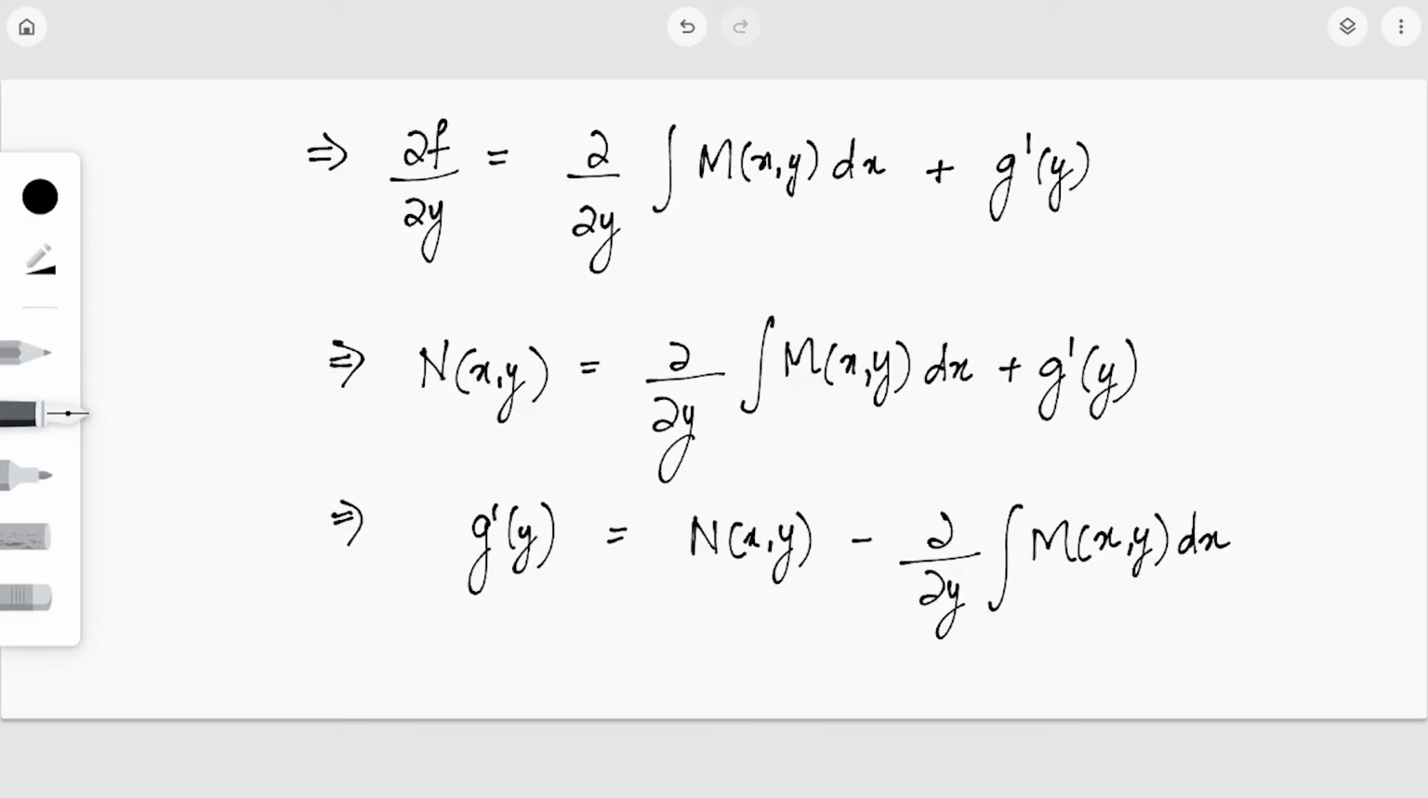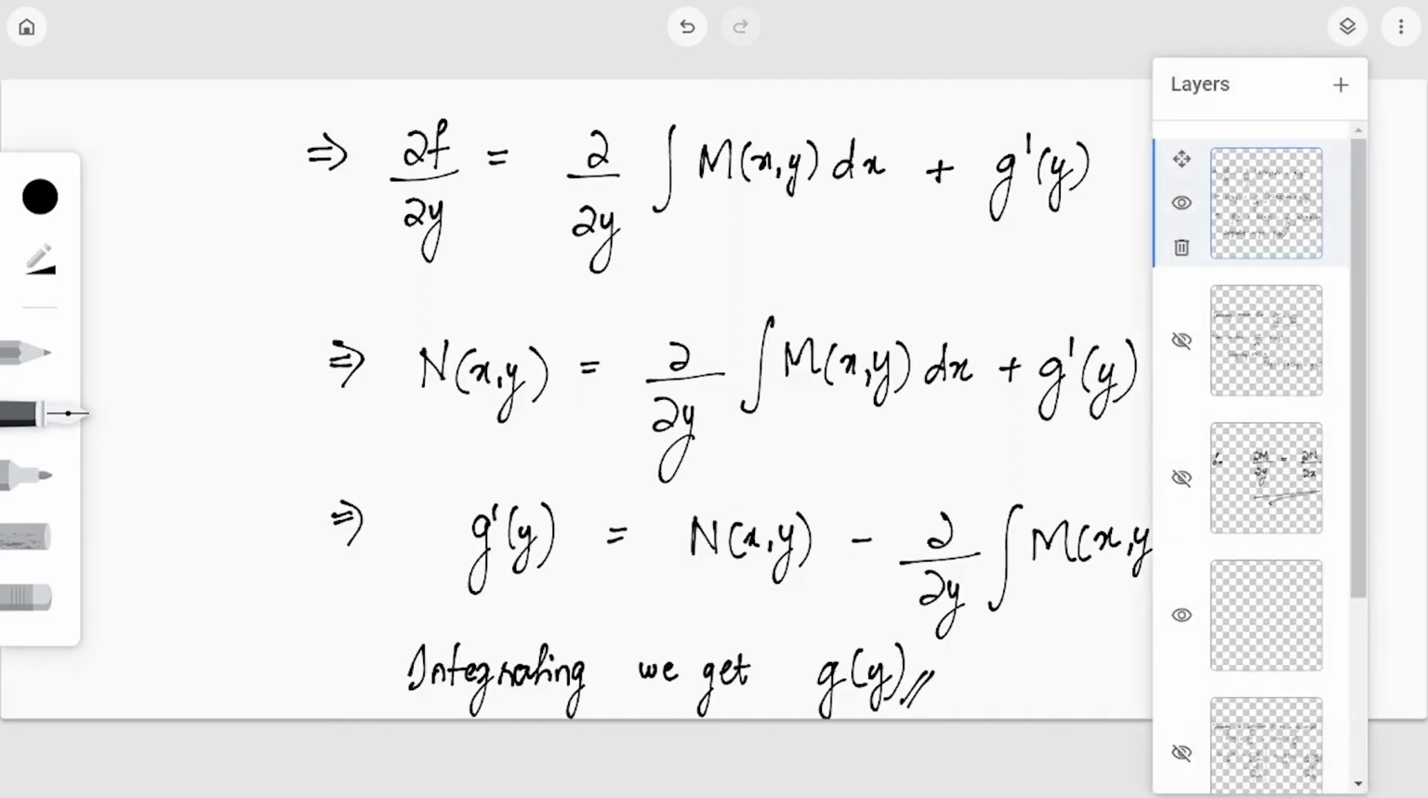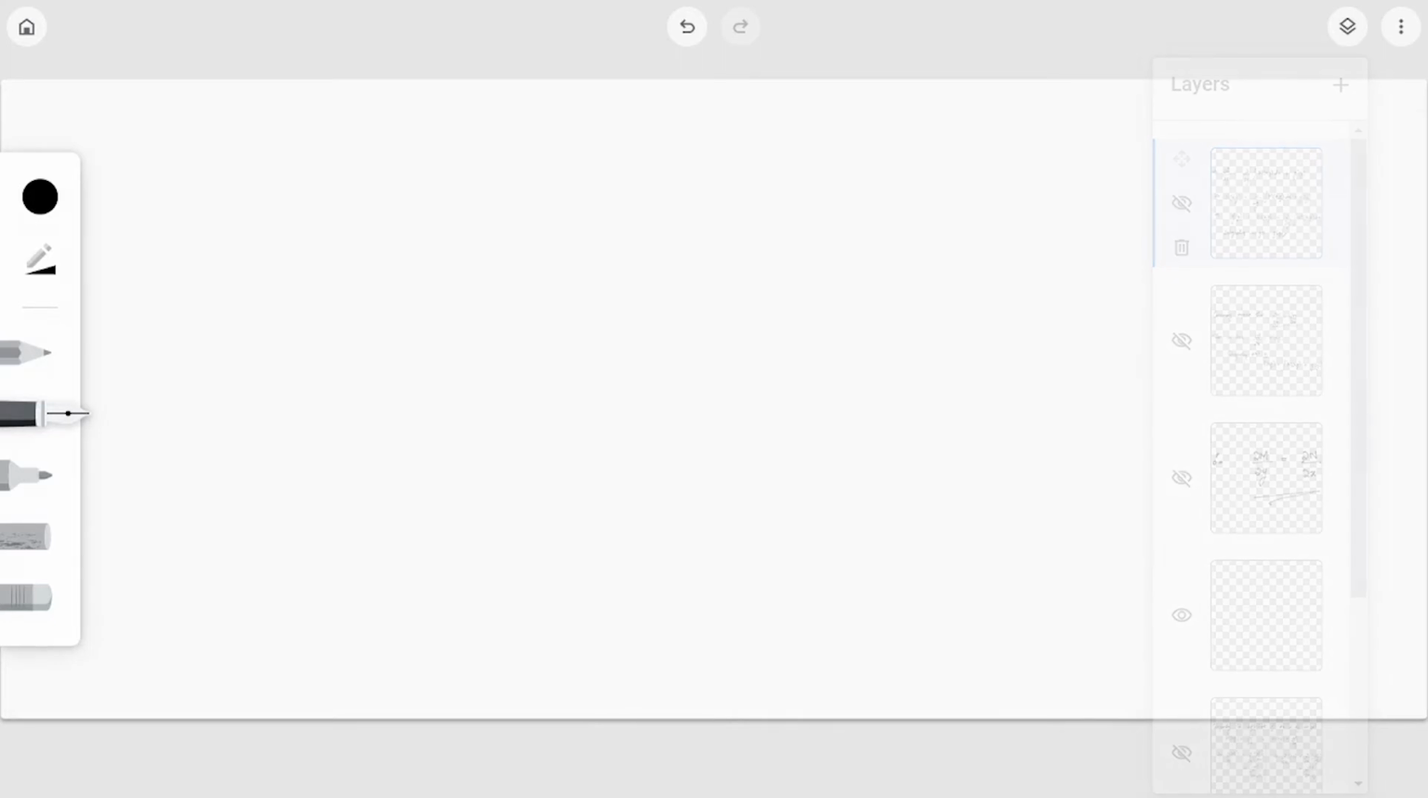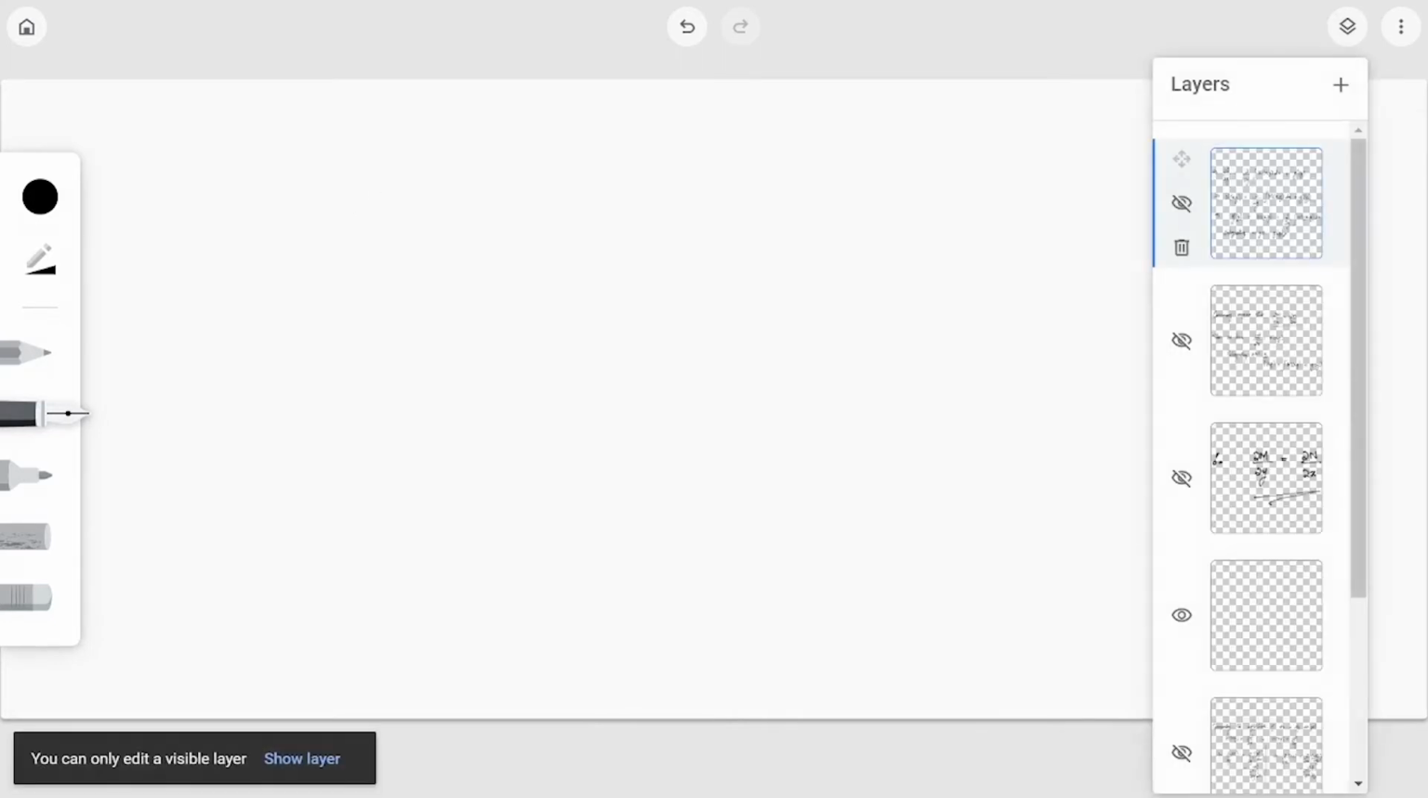Okay, so the next step, again to remove this differential, is to integrate it. So integrating the above expression, we get g of y, right? The integral of the derivative is the function itself, so we get g of y. Now what was g of y? g of y was the constant in the expression of f, right? So we have